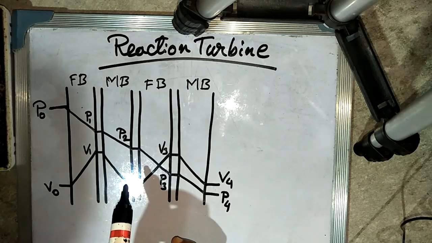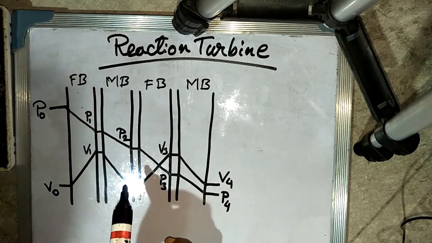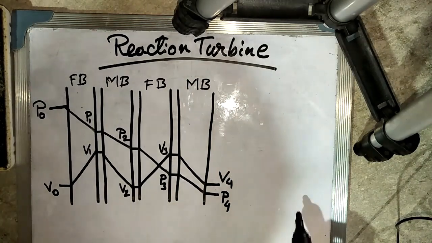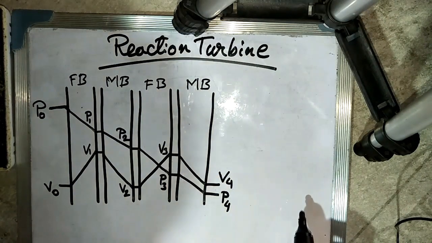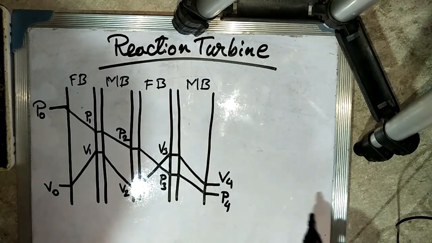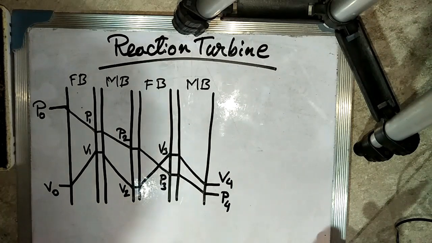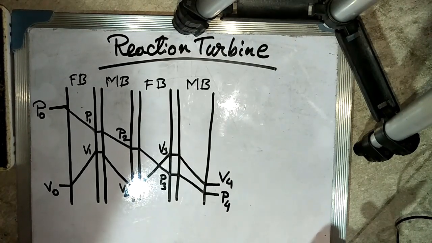Since the blade channels are also of nozzle shape, due to the expansion of steam while flowing through the blades, there is an increase in kinetic energy which gives rise to reaction in the opposite direction by Newton's third law of motion. The blades rotate due to both the impulse effect of the jet, due to the change in momentum, and the reaction force of the exiting jets impressed on the blades in the opposite direction.